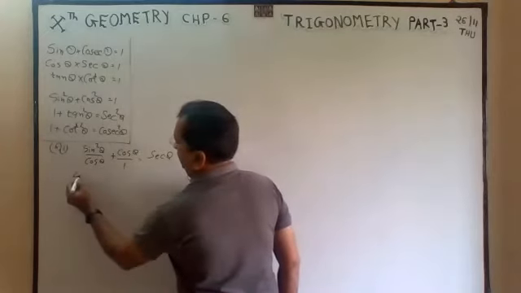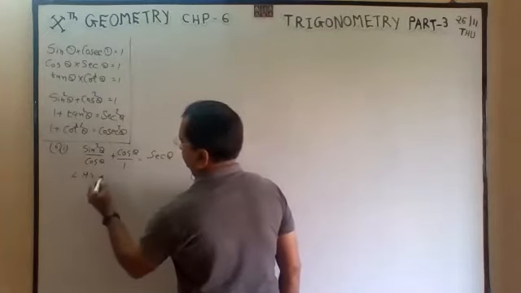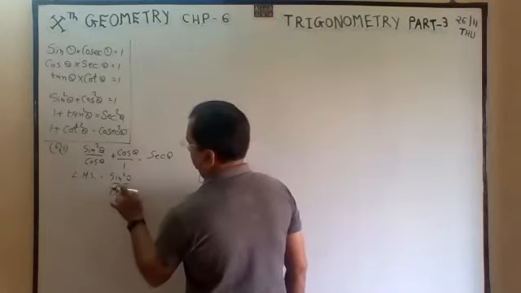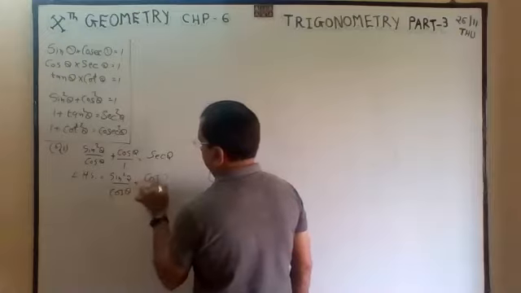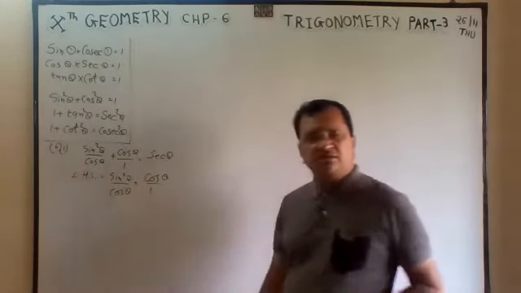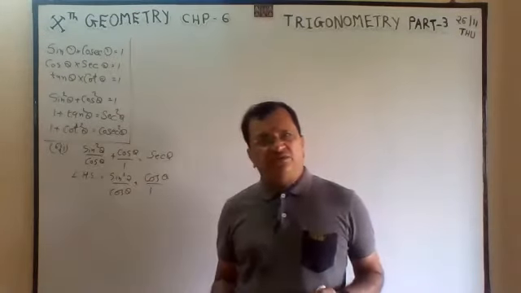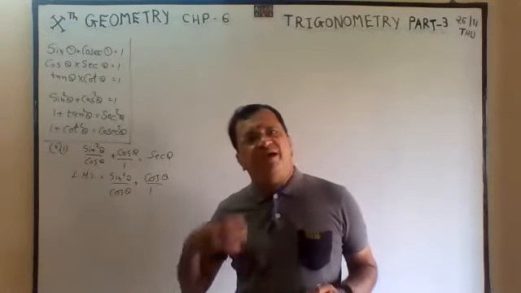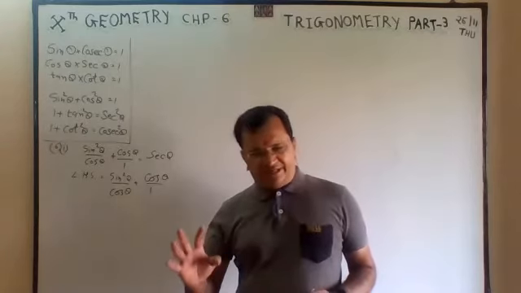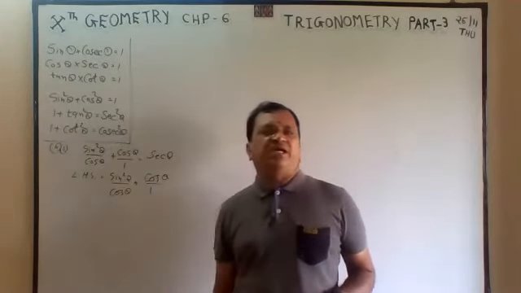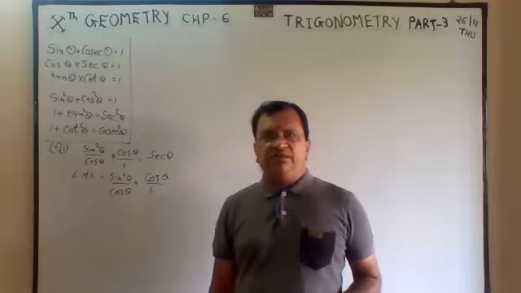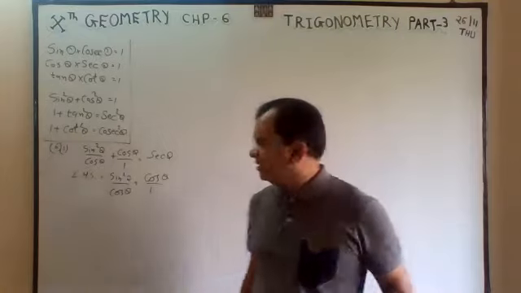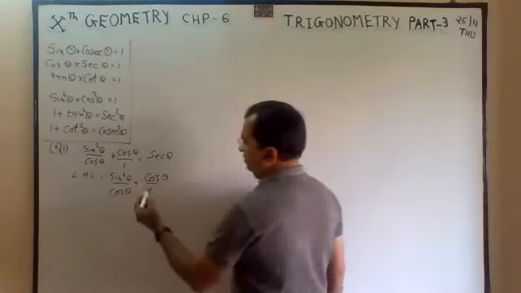Then just write left hand side is equal to sin square theta by cos theta plus cos theta by 1. There are 6 ratios. Sin and cos are basic ratios. The rest of the 4 are dependent ratios. Those dependent ratios you always have to convert into sin and cos. That is the best method for 9th, 10th, 11th and 12th standard. Here all are basic, so we will just simplify.